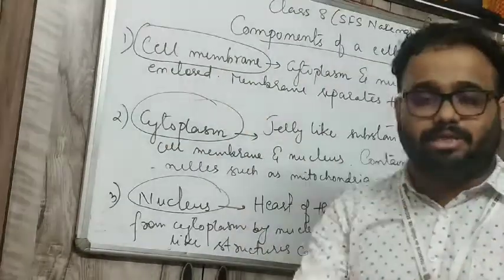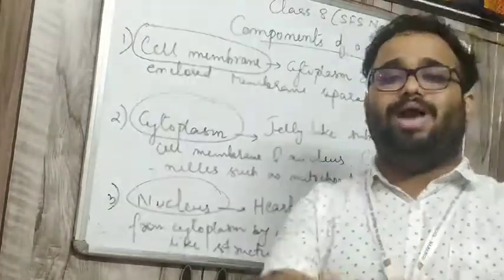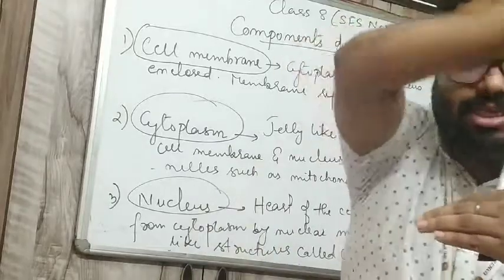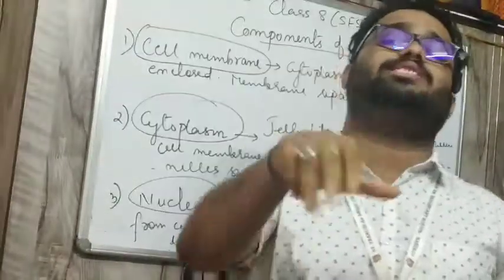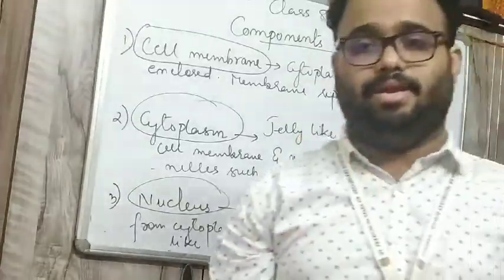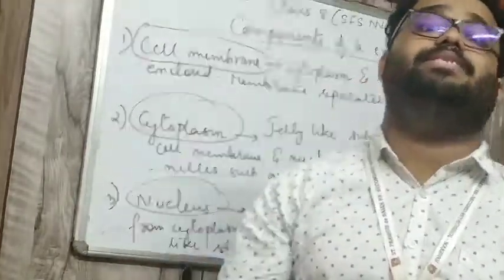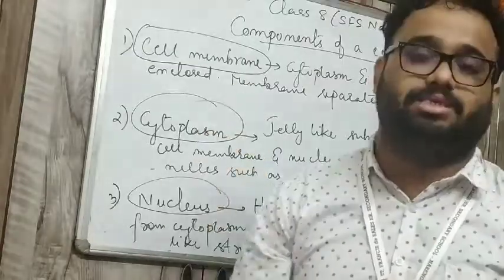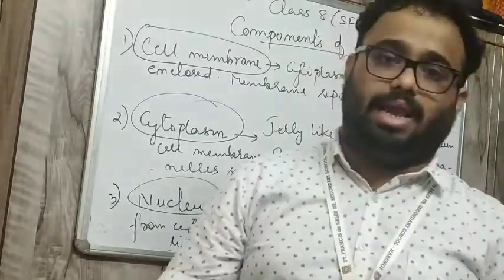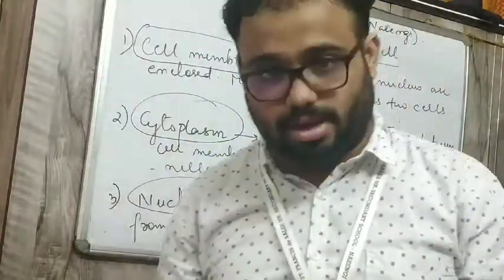For example, in the diagram of the onion cell on page number 94, you can see the onion cell where the outer portion is called the cell membrane. If the cell membrane is covered with another thick covering, that is called the cell wall. The cell wall basically protects the cell membrane. The function of the cell membrane is to separate the cell from one medium to another, and it contains cytoplasm and nucleus. The cell membrane gives a boundary to the cell, and if on that boundary you additionally give a thick covering, that is called the cell wall.